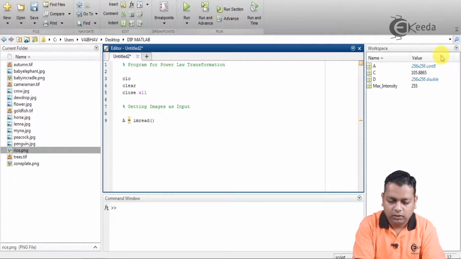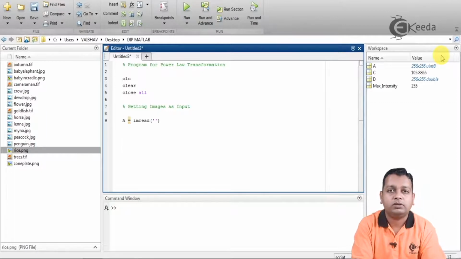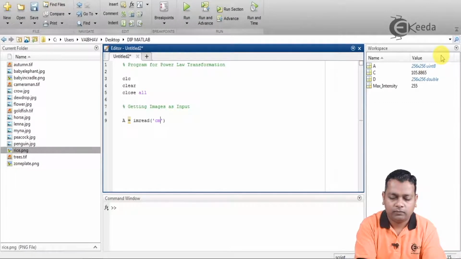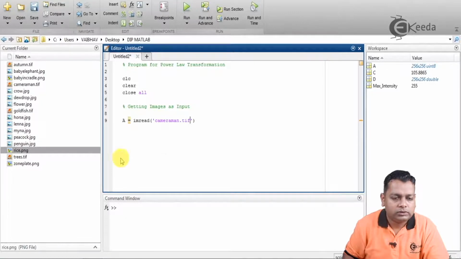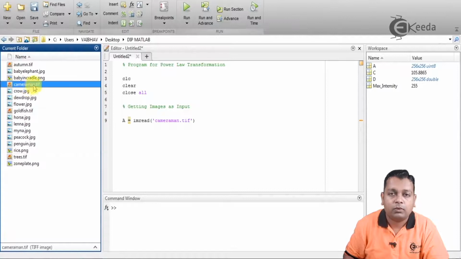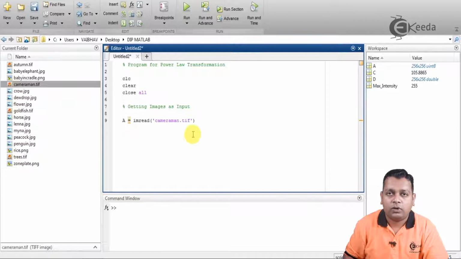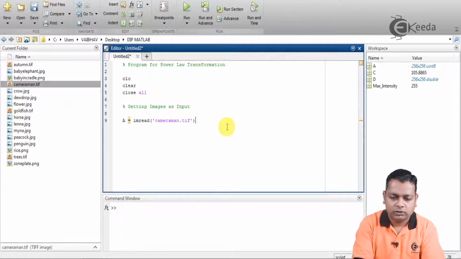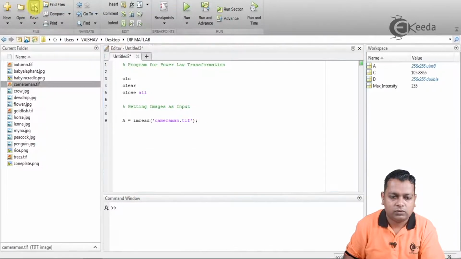So here we take a very popular image in the MATLAB environment, that is cameraman.tif. Though in this current folder the cameraman.tif is already present, it is also provided by the MATLAB environment in the imdata folder of the 2018 version installation. I terminate this syntax with a semicolon.